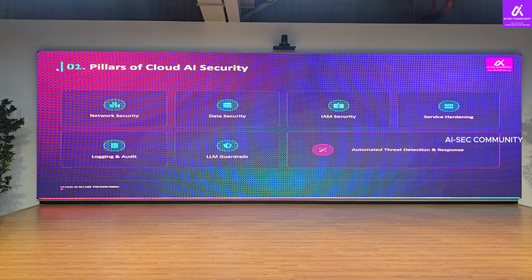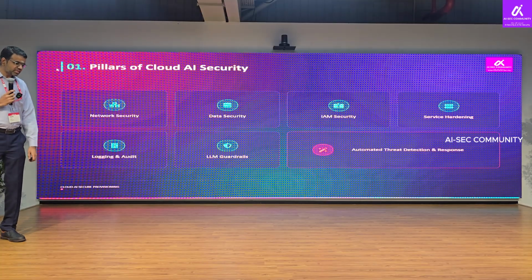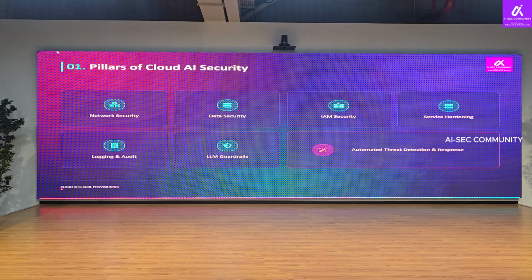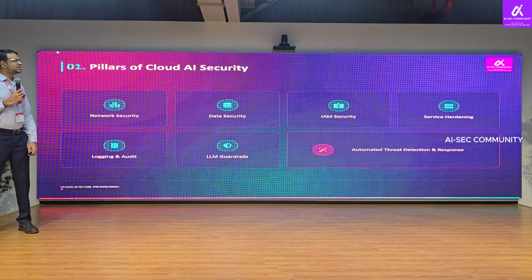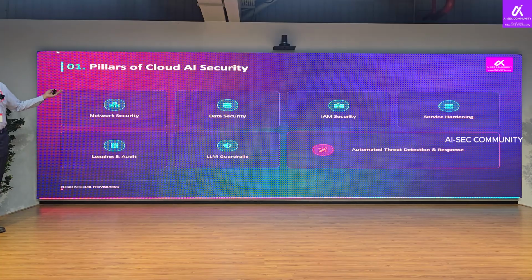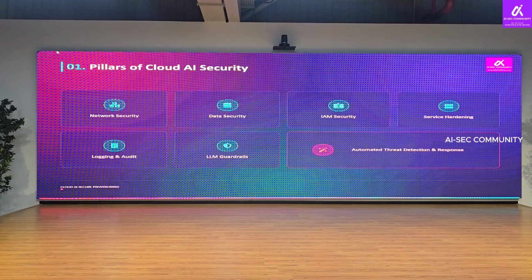So, quickly looking at the pillars of cloud AI security, I think they are very similar to the pillars we have in cybersecurity itself. While I've called them out as separate tiles, these are all interconnected, and if you double click into each one of them, it could take multiple days and multiple meetups to cover.